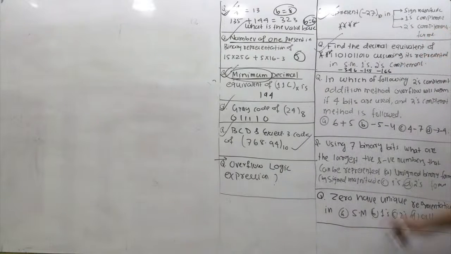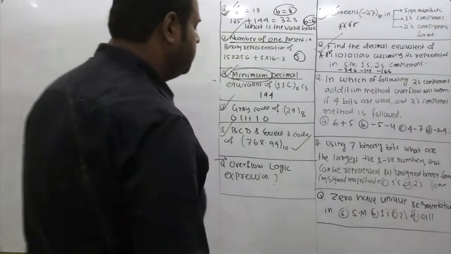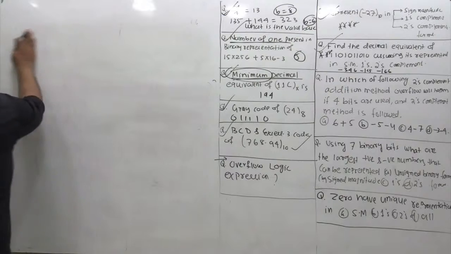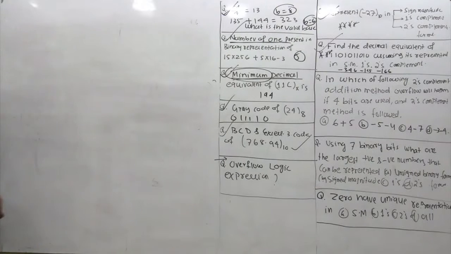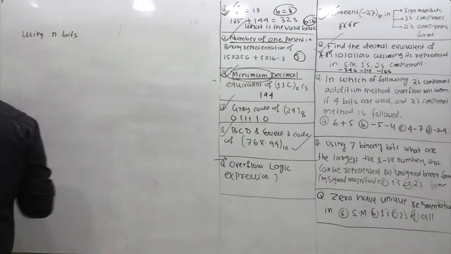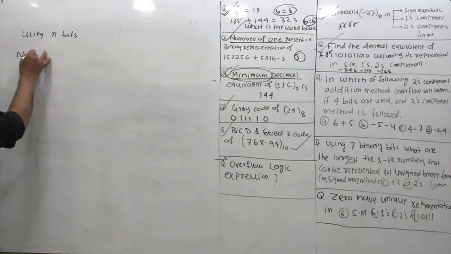Now let us take this question. Using 7 binary bits, what are the largest positive and negative numbers that can be represented using unsigned binary forms, sign magnitude, 1s and 2s forms. So I am just giving you these formats. Using n bits, in the normal binary form,